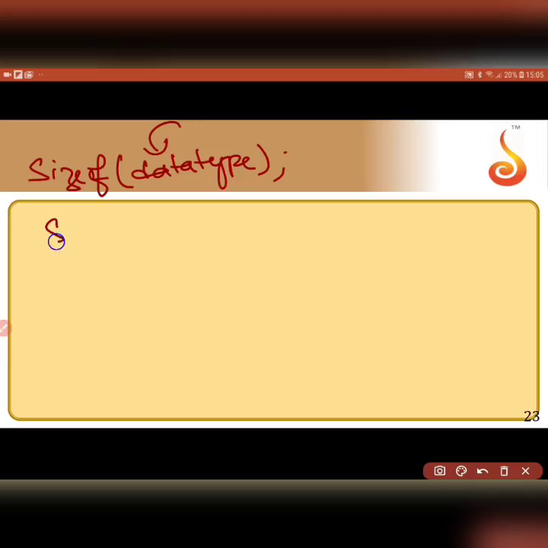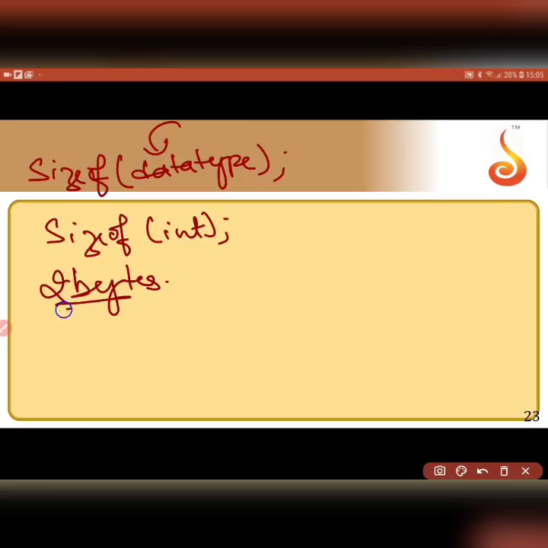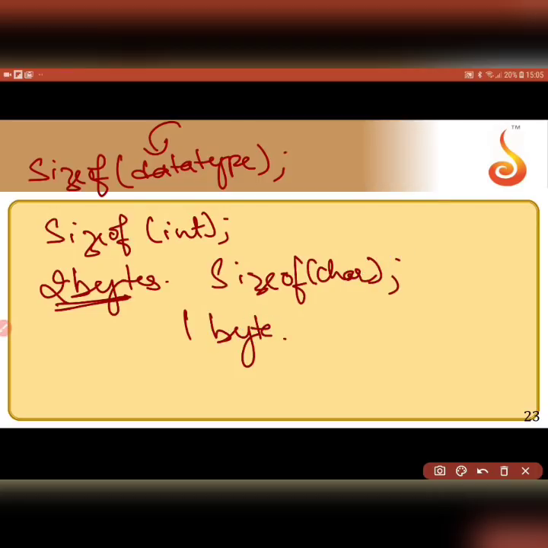For example, if I say sizeof int, it will give me 2 bytes. That is, I need 2 bytes to store an integer. Similarly, sizeof char will give me 1 byte, because 1 byte is required to store 1 character. Sizeof, there is no space, everything is in lowercase.